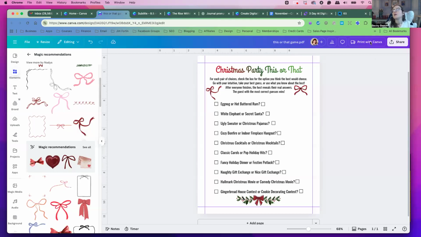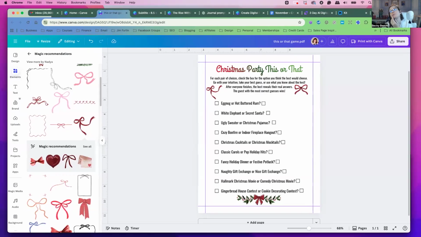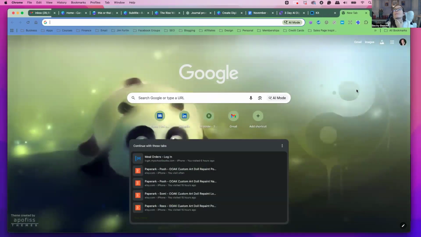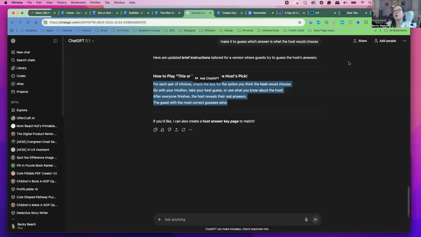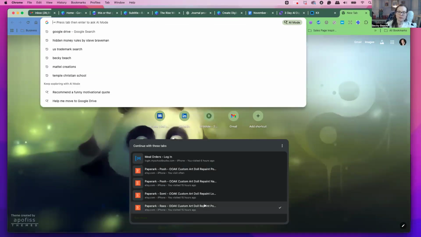Okay, so now we can go ahead and we'll make wall art real fast. So I'm gonna go to wall art. We got some time. And then let's get the wall art. So there's these different graphic creators. There's Ideogram, Midjourney, or ChatGPT. ChatGPT takes a really long time to make graphics. It just takes a long time, but it does have good results. So it might take quite a lot of time. So I'm gonna go to Ideogram,